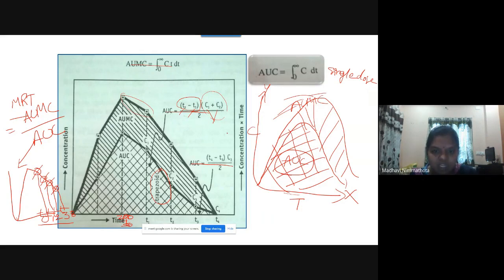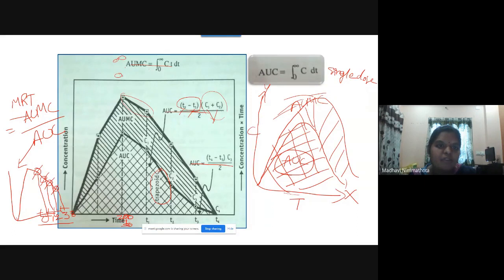You just write it down. Once you practice writing, then it is very easy. Then same like that, here AUC from T3 to T4 also you have to calculate. Then this is the area under the first moment curve. So this is the first moment curve. You need to calculate the